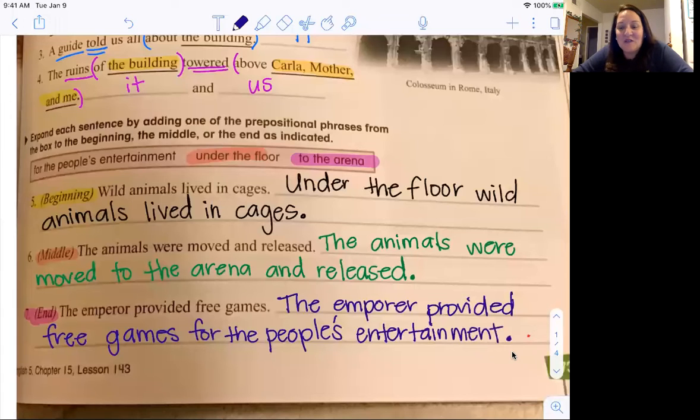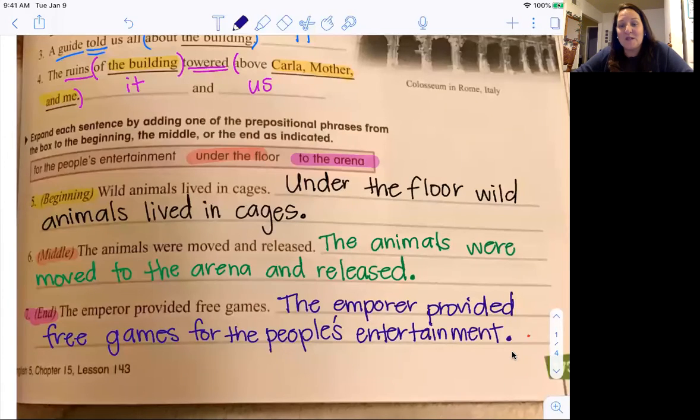Congratulations, you've just done the first page, page 273. So this is what I want you to do. Press pause. I want you to turn the paper over. You're going to follow the directions just like we did on this side of the paper. You're going to underline your subjects and verbs in the first part and put parentheses around prepositional phrases. Okay, second part, you're going to be doing the beginning, middle, and end, and then you're going to do a really fun write it out at the end, or apply and write. So press pause, work that out, and then come back.